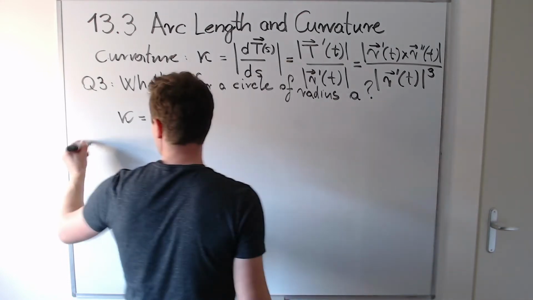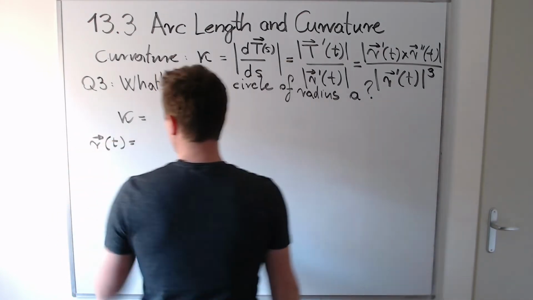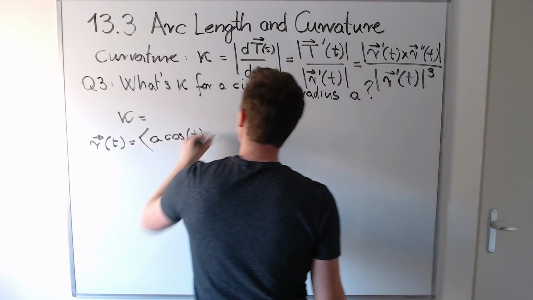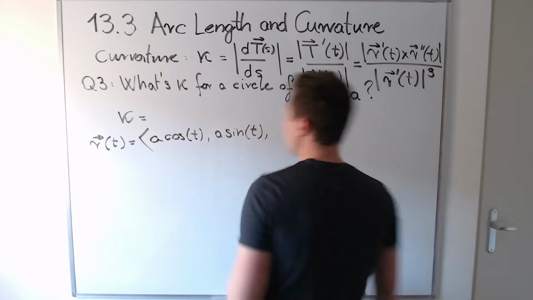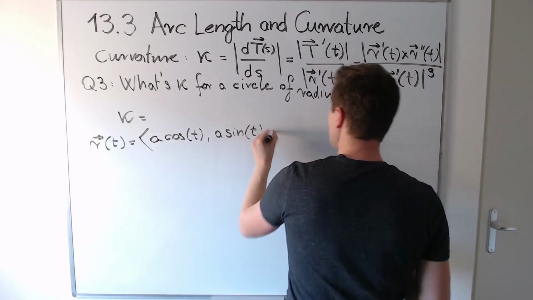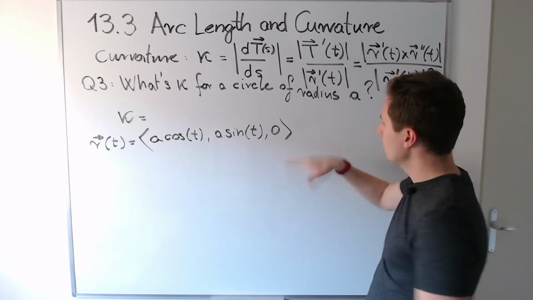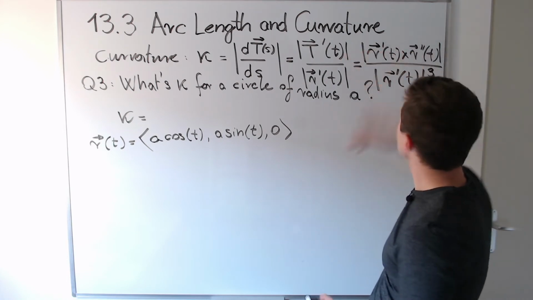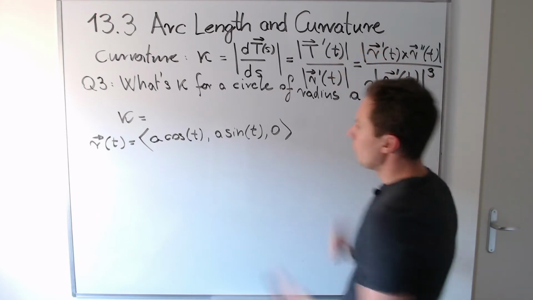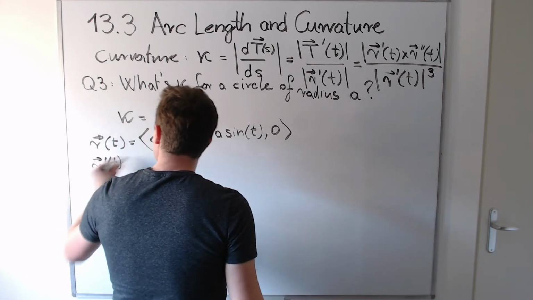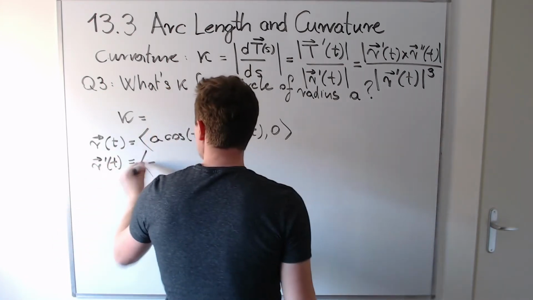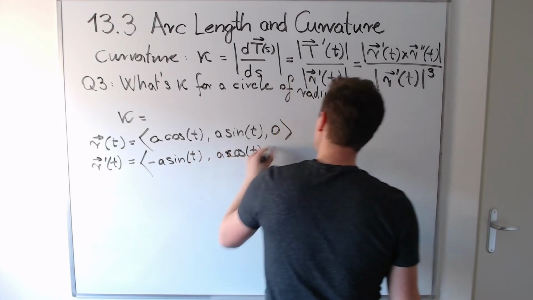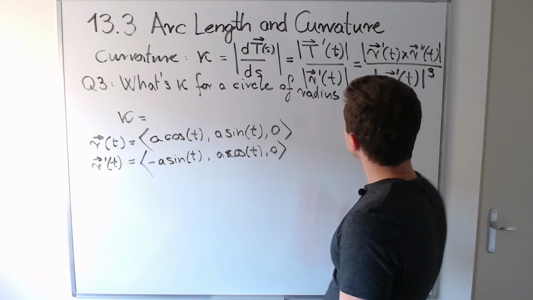So to get a circle of radius a, it's quite easy to parameterize a circle of radius a using the trigonometric functions. So a times the cosine of t, a times the sine of t will give me a circle of radius a in the xy plane centered at the origin, and by having the third coordinate be 0, it's really in the xy plane. So all you have to do now is compute these different quantities. Maybe I'll just go with the second formula. So first I'll compute the derivative of r of t, which is just minus a times the sine of t, a times the cosine of t, and 0, of course. Compute its length,